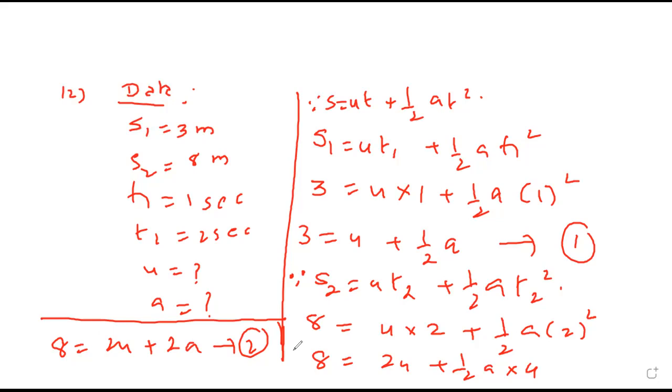Sir, how did you get acceleration is 2? Acceleration we didn't get only, na? We have to calculate now. Where we got acceleration, we just got equation. Sir, I have one method. Can you tell if it's okay? Sir, if the first velocity was 3 upon 1, 3 meters in 1 second, so 3 meter per second. Second velocity was 8 meter in 2 seconds, that is 4 meter per second. The rate of change between these two velocities, the difference happened in 1 second. So 4 meter per second and 3 meter per second have 1 second difference, therefore acceleration is 1 meter per second.